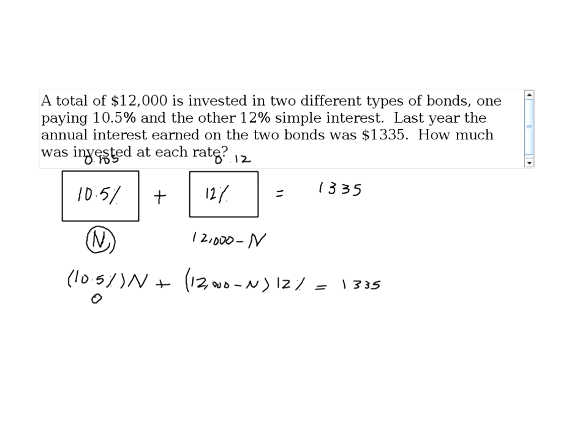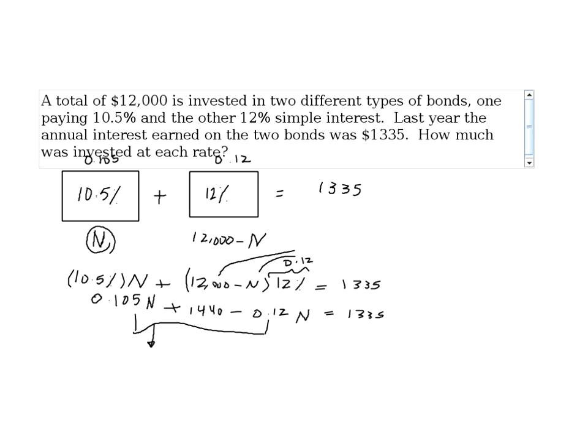So this would be 0.105 N plus, again, this is 0.12. We can distribute. You get 1440 minus 0.12 N is equal to, then just solve for N basically. Okay, you combine those two, these two would add up to minus 0.015 N